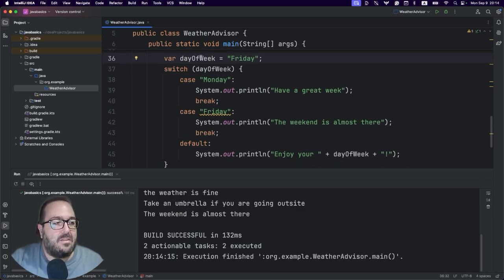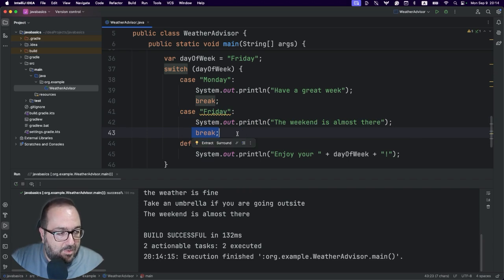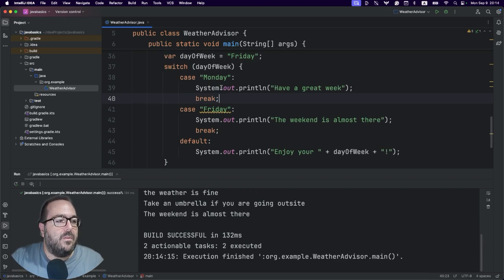So what the program does is coming to line 37, starting the switch case, checking, right? So it's going to do, okay, is this day of the week Monday? Is it equal to Monday? No, it's not. Is it equal to Friday? Yes, it is. So it's going to execute line 42. It's going to execute line 43, which says to the program, stop checking. We found what we need. Don't proceed further, right? And it's going out of the execution.